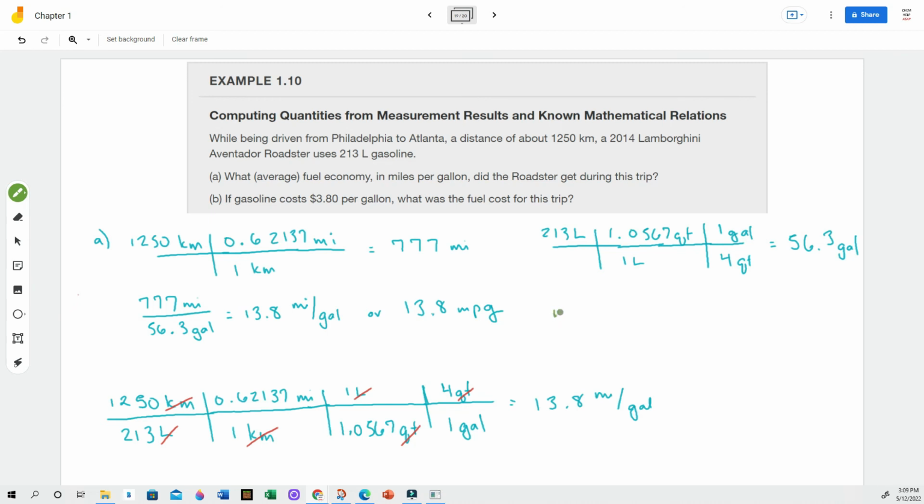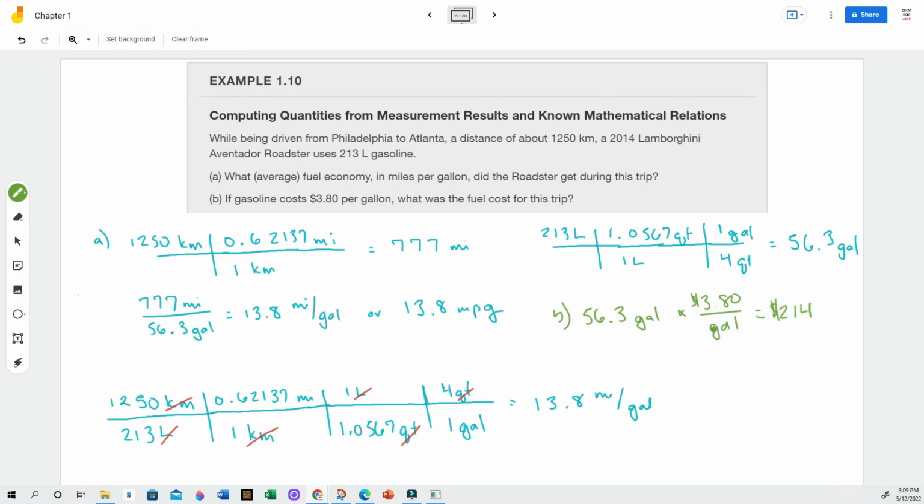Okay, I am going to squeeze part B into this little space here. So we know what gasoline costs, and we want to know our total fuel cost for the trip. So what I need to do is take my cost per gallon and multiply by how many gallons I use. This is where it comes in handy to have done the 2-part problem, because I know that I use 56.3 gallons, and I'm going to multiply that by $3.80 per gallon, and that gives me